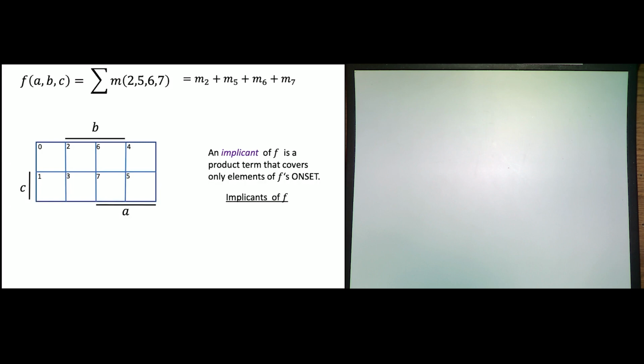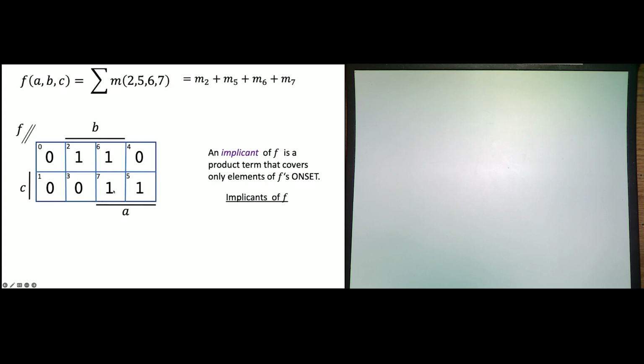So if this is our K-map, we can fill in the function. It's going to be 1 for 2, 5, 6, and 7. And assuming I've labeled my K-map this way, it's simple to fill in the K-map because I can just put the ones in 2, 5, 6, and 7.